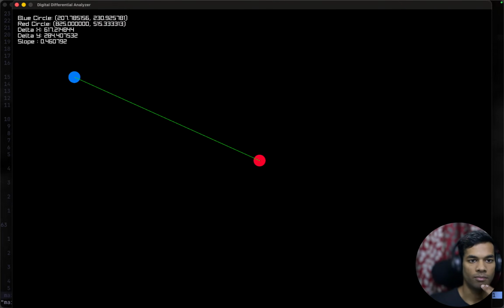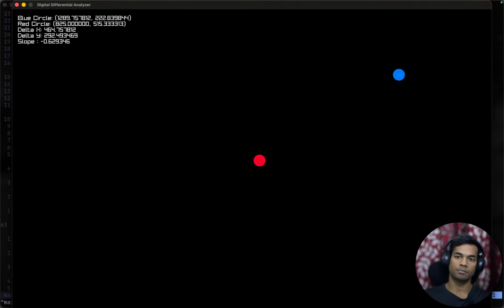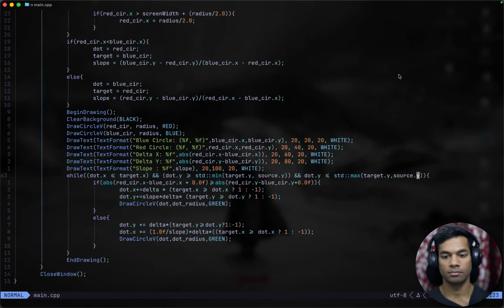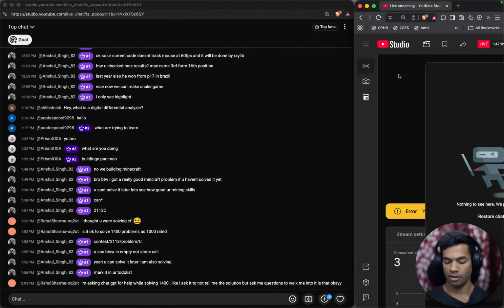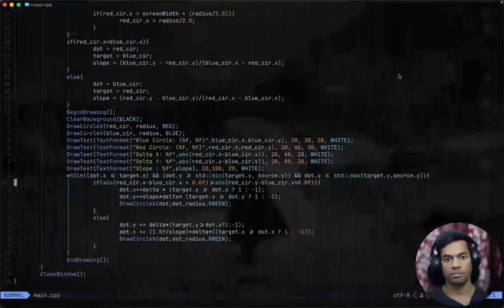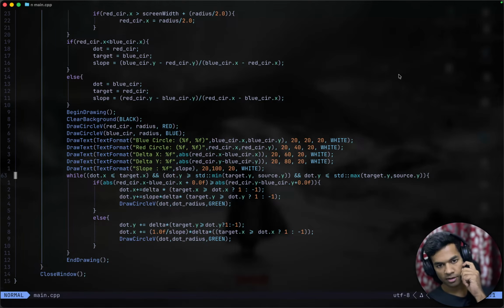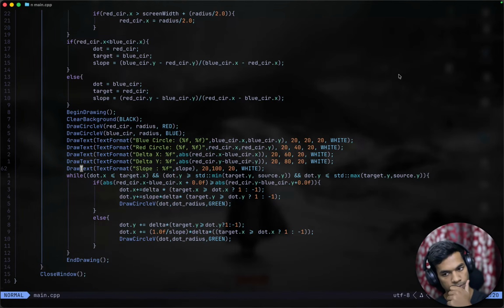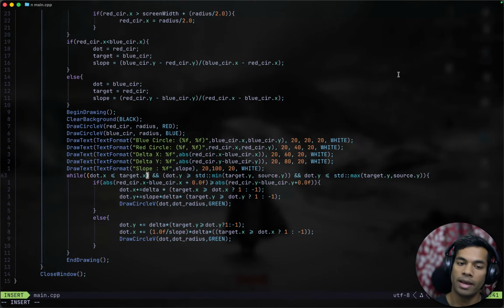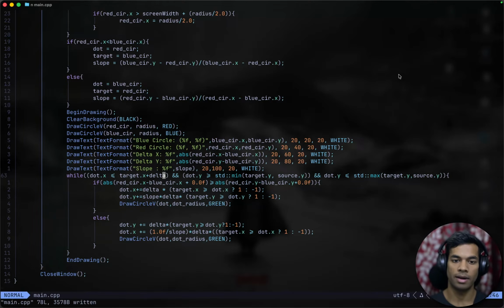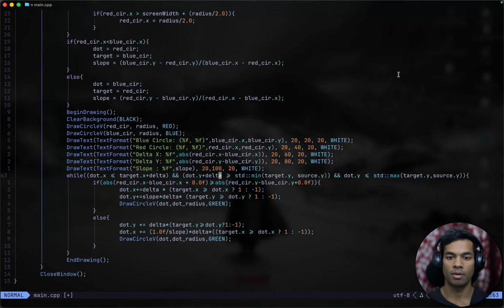Red circle coordinates, blue circle coordinates, and the slope is something. We are not moving in the right direction somehow. We're not even drawing a single circle. We can take a little bit of buffer, I guess, plus delta, yeah, plus delta